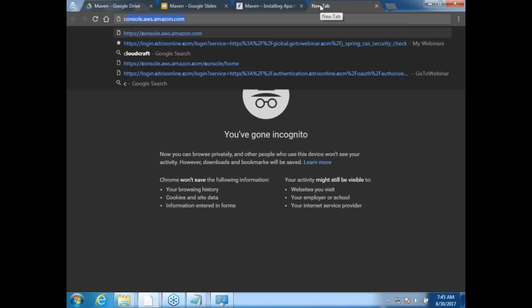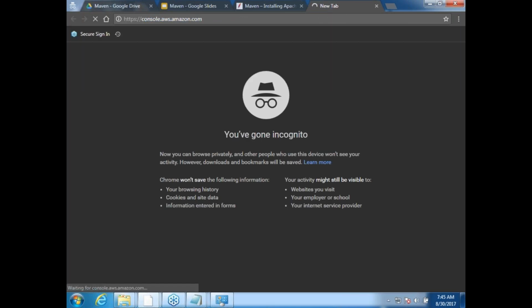I need an Ubuntu machine, so let me log in.